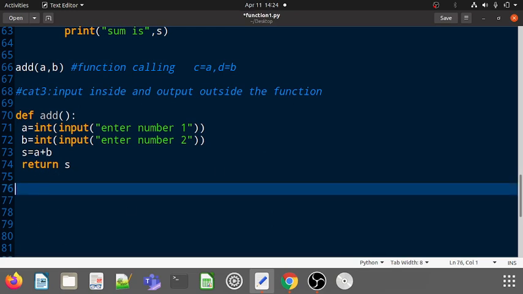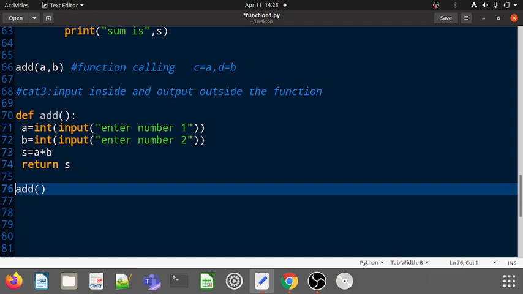So how to call this function? Let's call this function add. Because your function is returning a value, you can correlate this to one person throwing a ball. If a person is throwing a ball from the left hand side or from the right hand side, then on the opposite side there should be someone to catch that ball. Similarly here, if your function is returning a value when you are calling it, then on the left hand side you are supposed to take one variable.